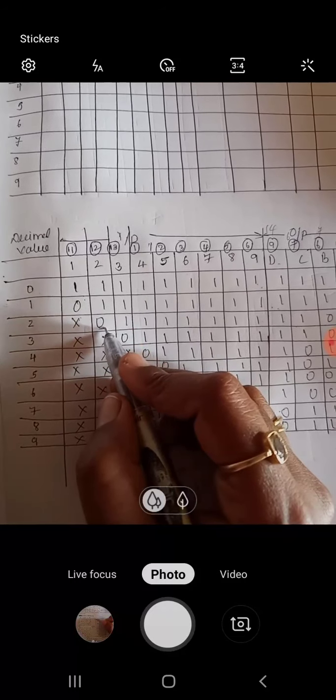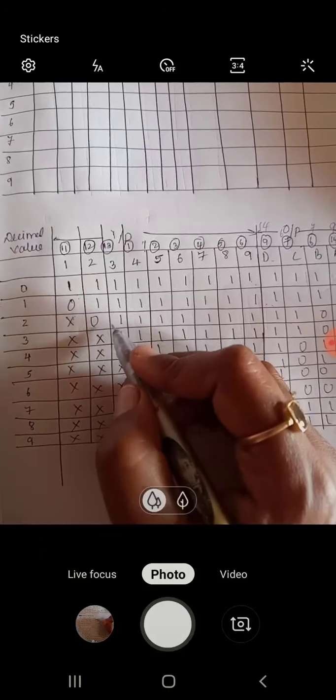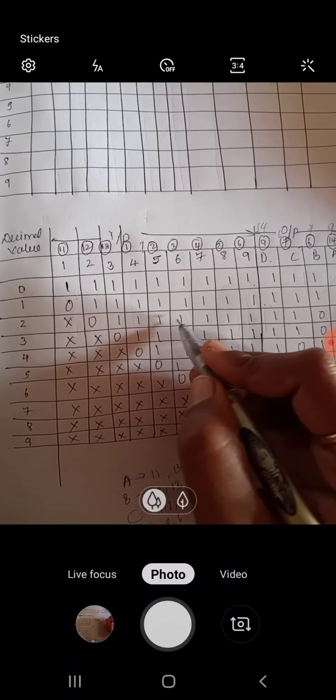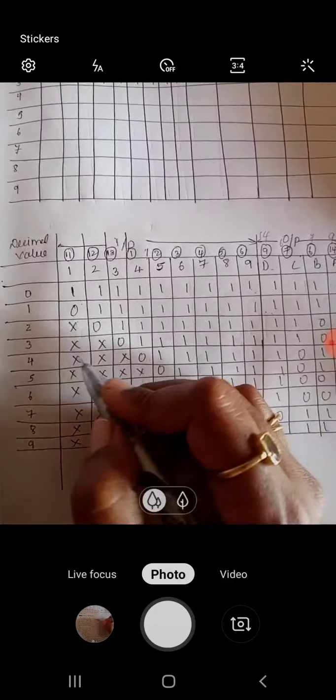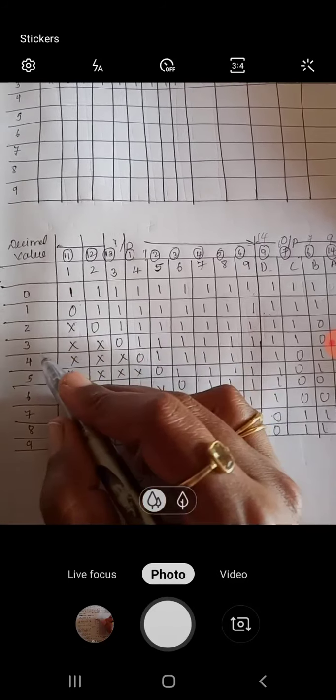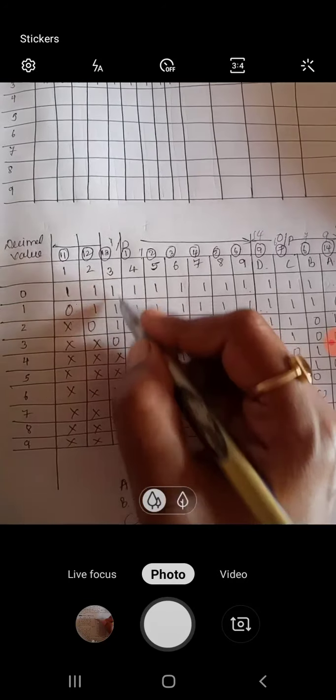Okay, so for 2, what I am writing? For 2, the value I have written 0. So for others, I have written 1. Here also 2 means what? This is first bit. Okay, so this is my second bit, 2 raised to 1. What is the value? The value is 2. Similarly 3, so for 3, okay, I have written 0, and for the other values it will be 1. For 3 means what? 2 plus 1, so this is 2, this is 1.